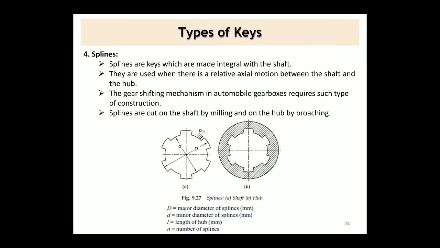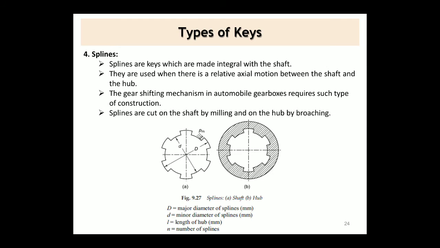Increasing the number of keys increases the key strength proportionally. A spline shaft usually has 4, 6, 10 or 16 splines. The spline shafts are relatively stronger than shafts having a single keyway. The spline shafts are used when the torque to be transmitted is large in proportion to the size of the shaft, as in automobile transmission and sliding gear transmission. By using a spline shaft, we obtain axial movement as well as positive drive.